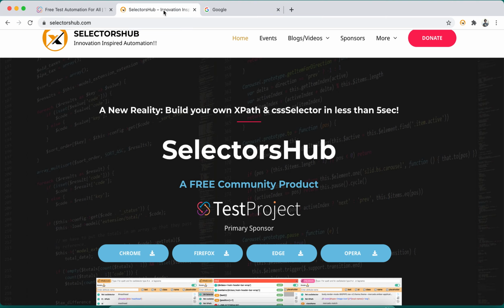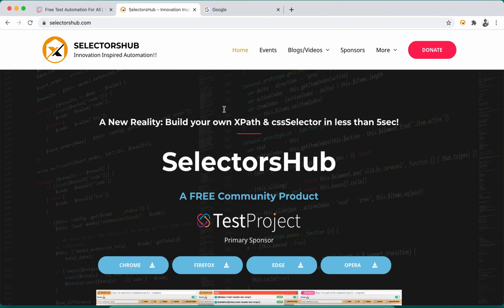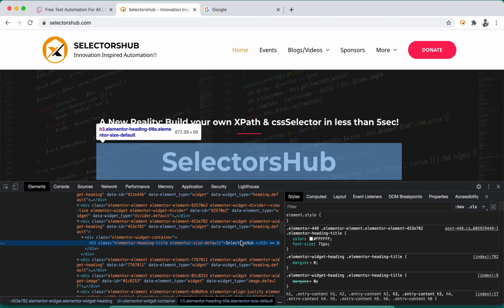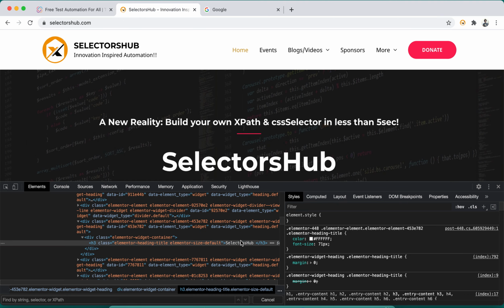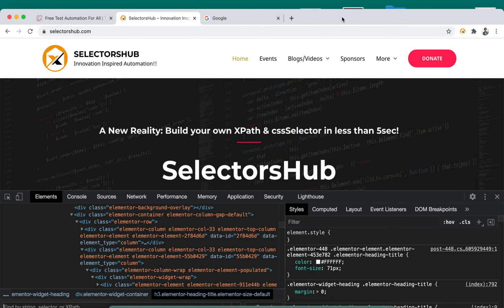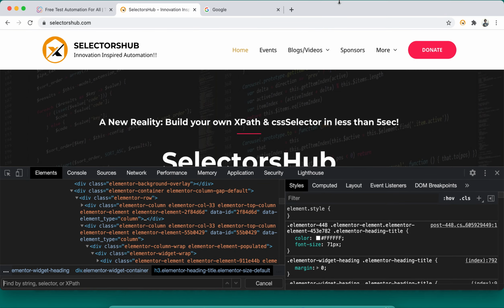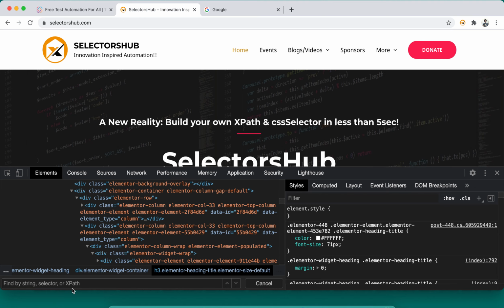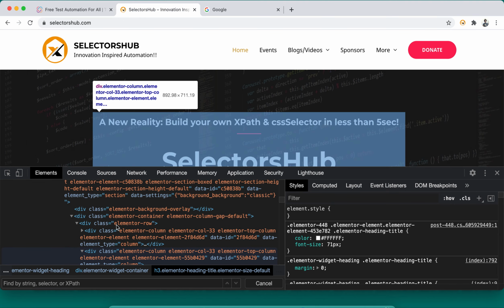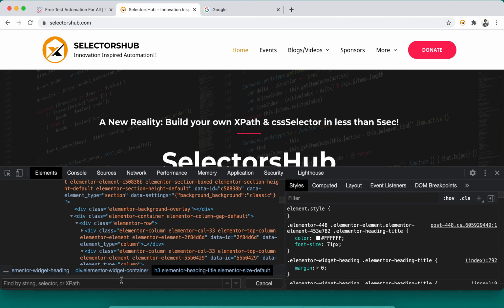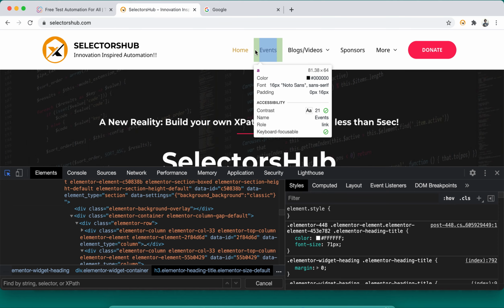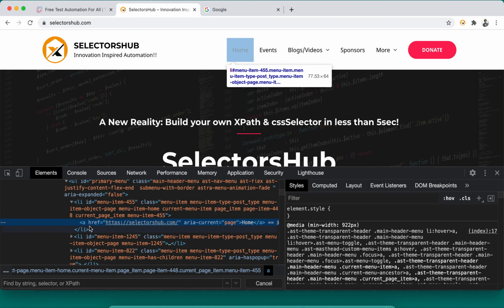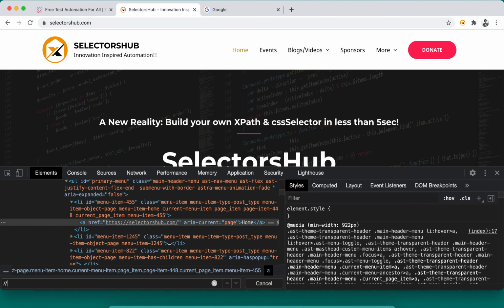For example, let's say on the SelectorsHub.com website, somebody asks, verify how many links are on this page. So what do we do here? The first one, let's see how we can verify or write our XPath on the SelectorsHub.com website. Suppose we have to write an XPath for the very first link on this page. So how do we start? Let's say this one we have to write. So what we will do is type //a,